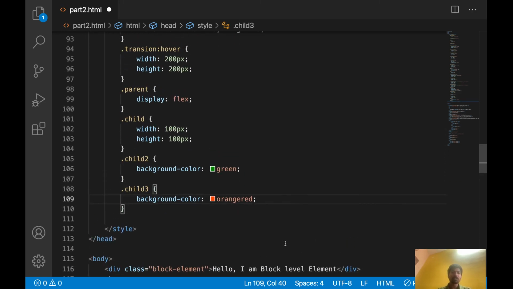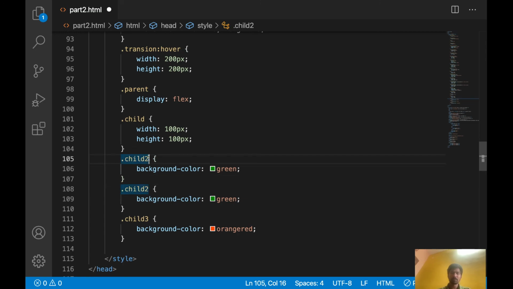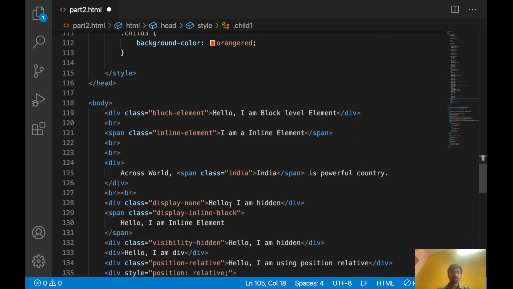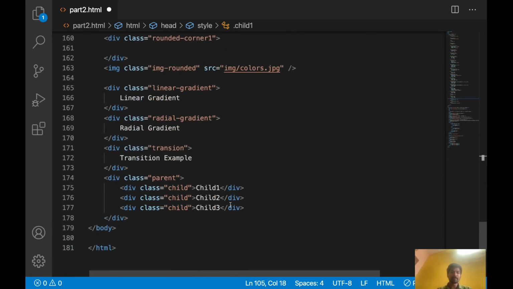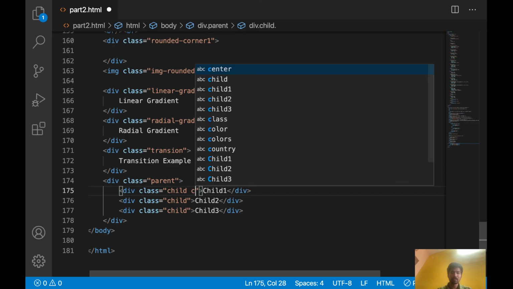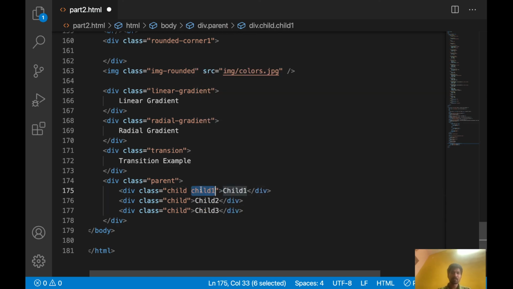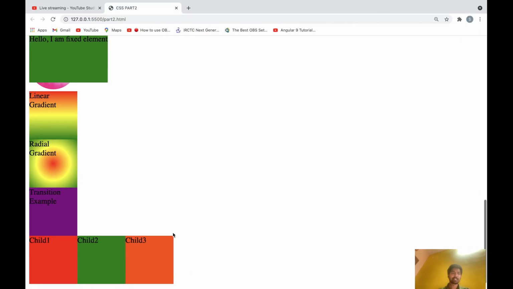Okay, let's apply this class to this one, child 1, child 2, child 3. Okay, now let's see, 3 different colors are coming now.